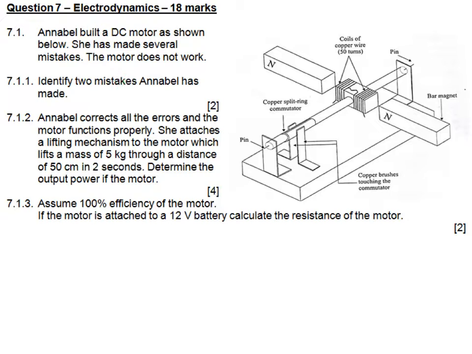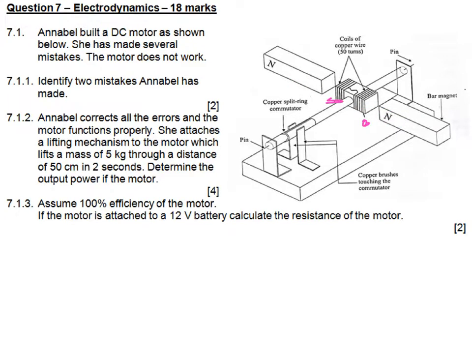Annabelle builds a DC motor as shown below. She's made several mistakes and the motor doesn't work. So, identify 2 mistakes. Well, the first mistake that's been made over here is, quite frankly, we haven't got a power source. This isn't connected to anything. Also, these turns of wire have been done, they're in an orientation where they can't spin perpendicular to the magnetic